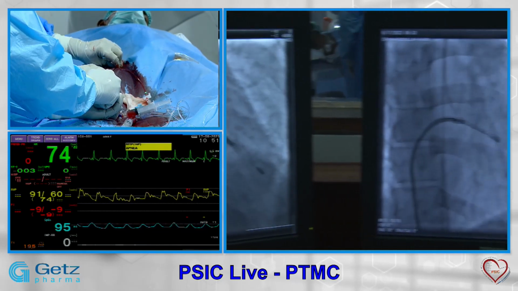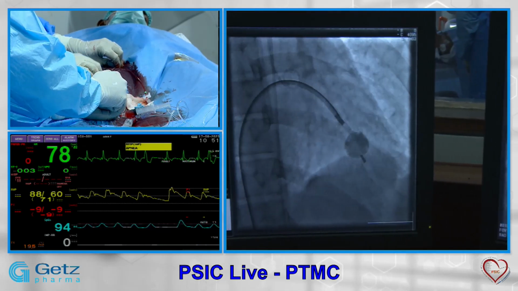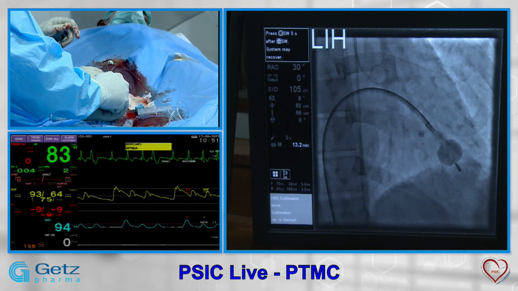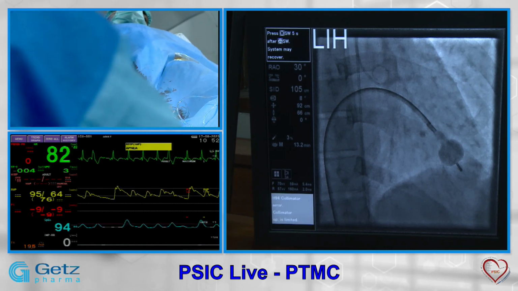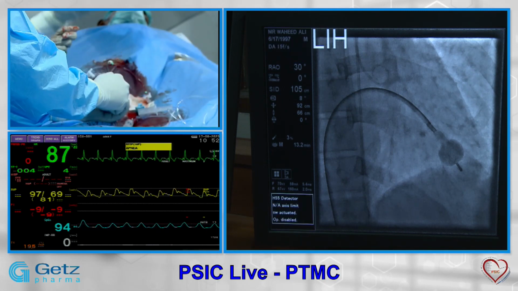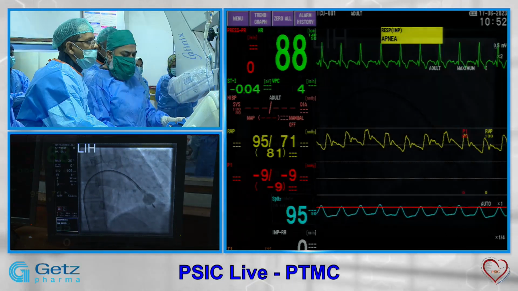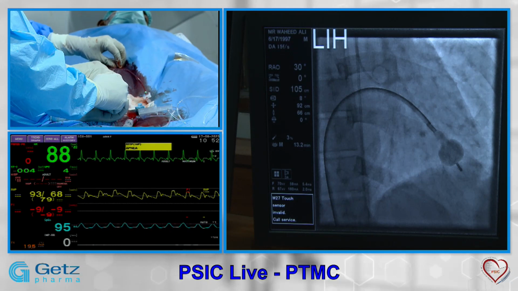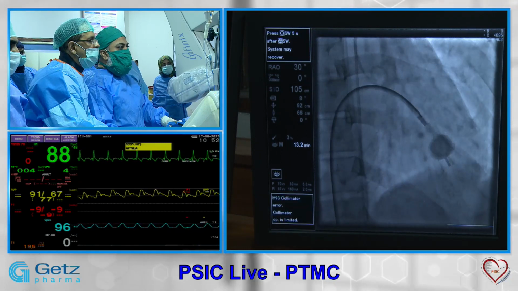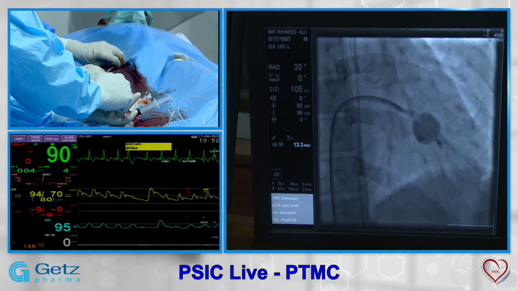Once you are inside the LV, half inflate the balloon and then take the stellate out so that the balloon is in normal functioning position. If anybody is not sure whether we are in the LA or in the RV, sometimes you flip the system, you can just connect and hold down, nothing to panic, pressures are there. If it is bobbing inside the LV, no issues, rhythm is okay. You can connect it with the pressure and confirm whether we are in the LA, LV or RV. The next step will be, we'll pull back till we feel some resistance and then inflate full.